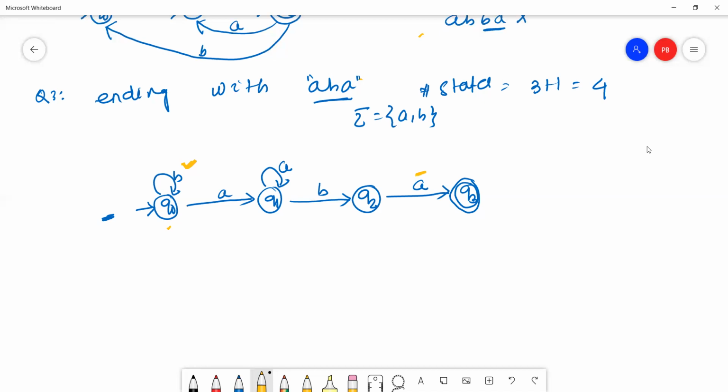B will either stay on the Q2 state or go back to another state. First we'll check if B will stay on the Q2 state. What is the problem? Okay, now B will stay on the Q2 state. If B stays on the Q2 state, the DFA